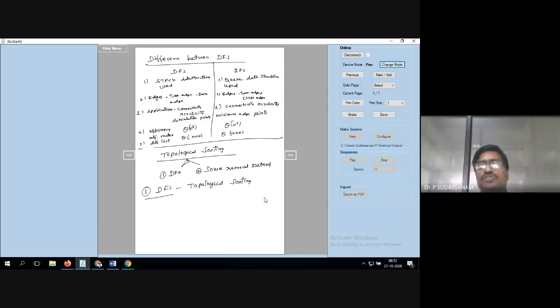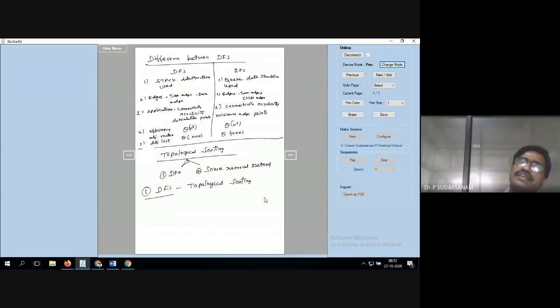Topological sorting is about arranging the elements in ascending or descending order. Here, DFS topological sorting is about which node will come first and which node next. So you may not get a sorted order here; the order is based on DFS. You know how DFS works. For example, if 1 to 6 is there, first 1 to 6, and from 6 it will start. So you will not get exactly the starting order in this case.